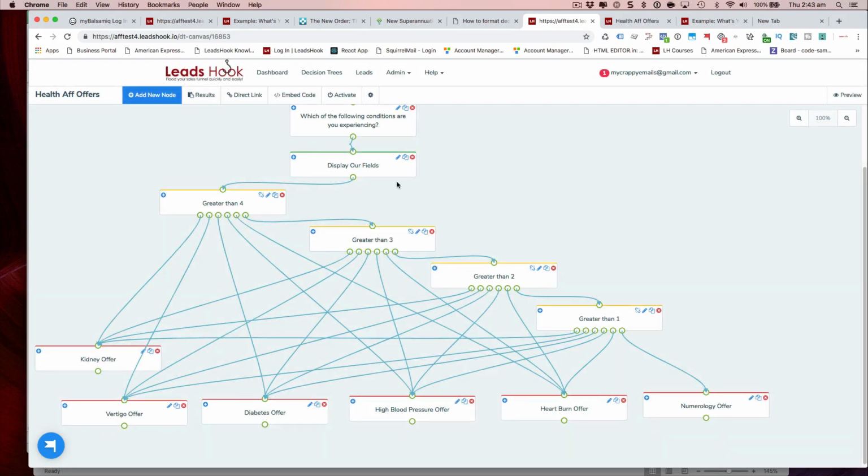So what's happening coming down here is it's checking to say, is kidney greater than 4? Yes, I'm going to go to the kidney offer. Otherwise, I'm going to move on to the next one. Is vertigo greater than 4? Yes, then it'll go to this one, and then it'll keep testing. And when it gets to the bottom, it says, well, hang on a second, none of them. So then I'm going to move to the next one, which is no conditions, which basically means move on